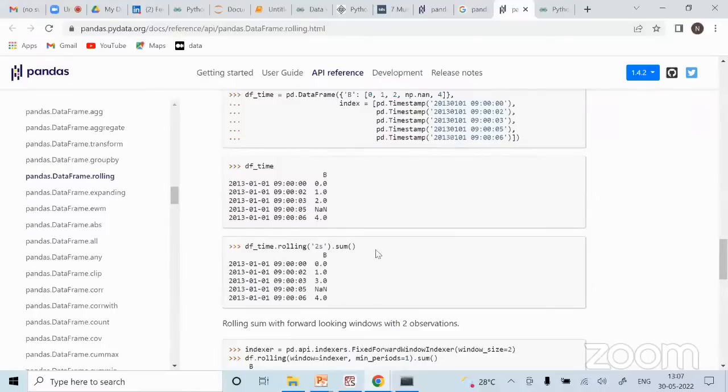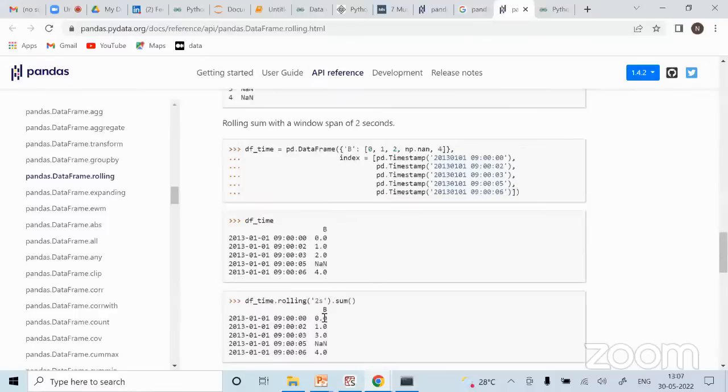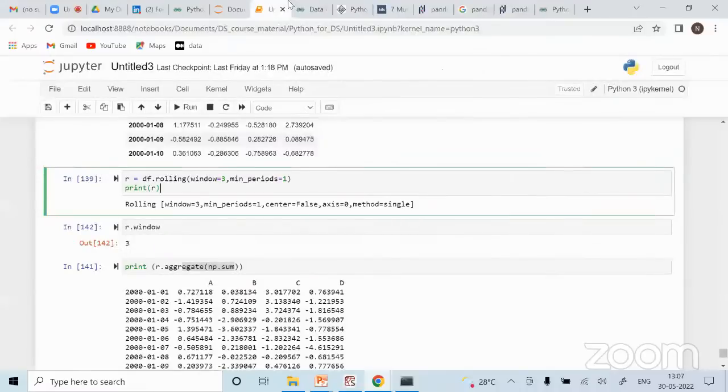Okay, so that is my aggregation function, and then I'm giving rolling में मुझे कितना span देना है. So similar to my case here, right? I gave window of 3 and I have given the sum as my aggregation function.